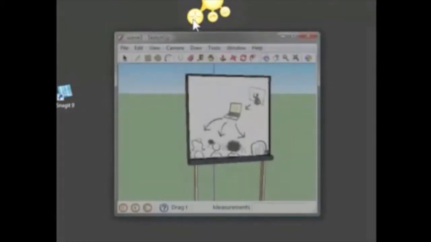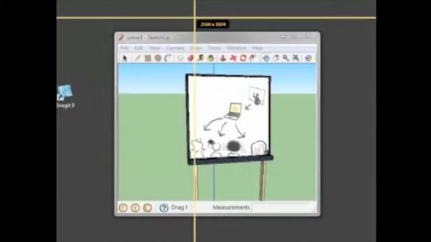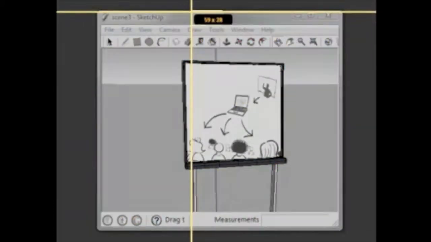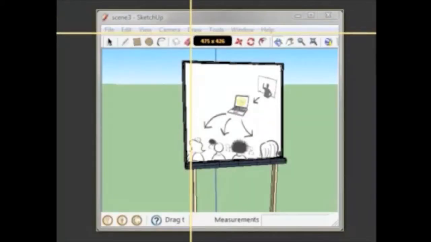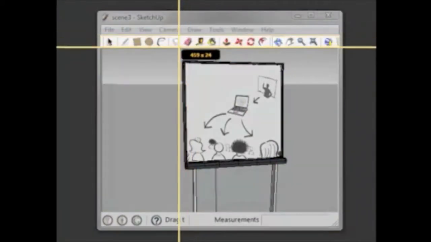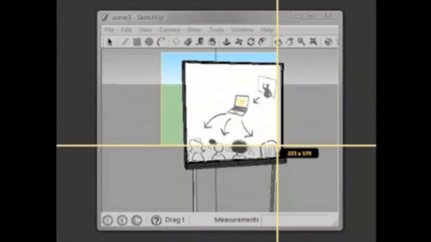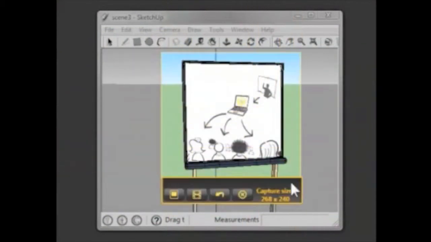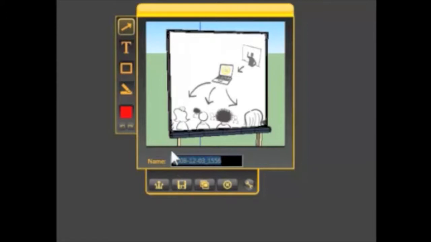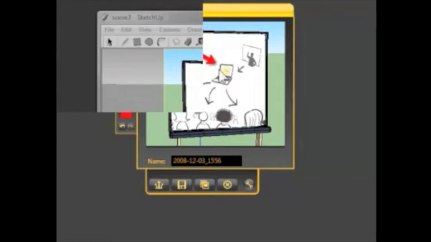So we're going to hit the capture option, at which point the cursor turns into a cross, which we can then use to drag over the section of the screen that we want to capture. So just like that, all very straightforward. We're then going to choose whether to save it as an image, or whether we actually want to capture a video. If you just go for image, it's all very straightforward, and then you can Skype that to people, you can email it to them, do whatever you want.